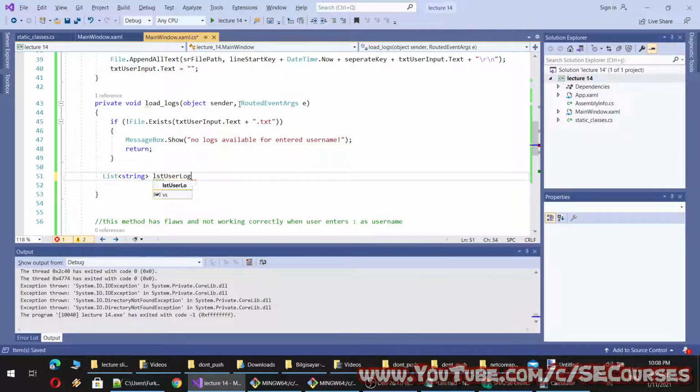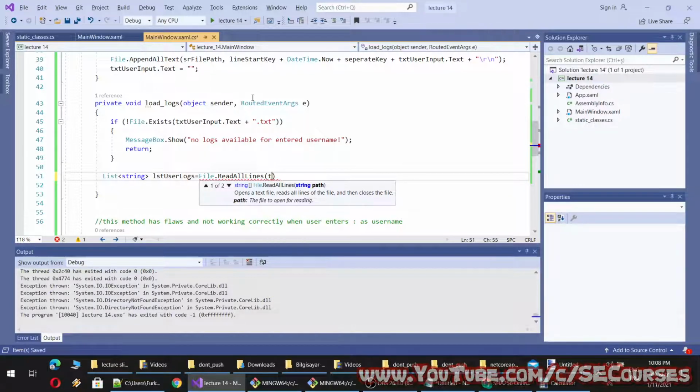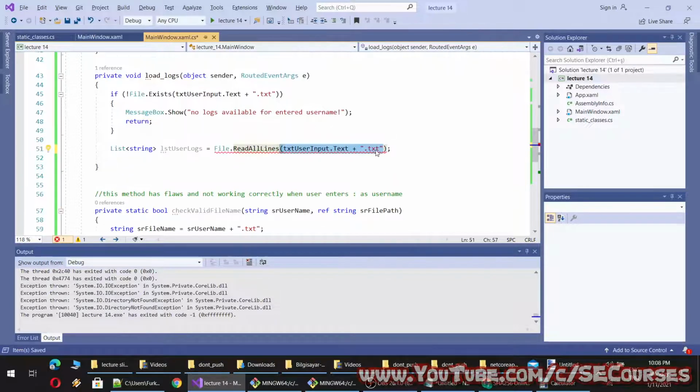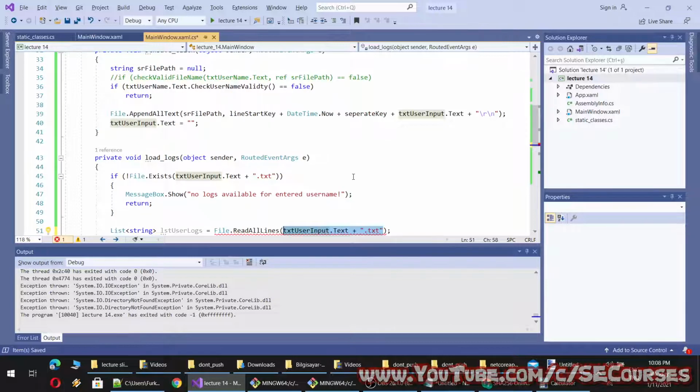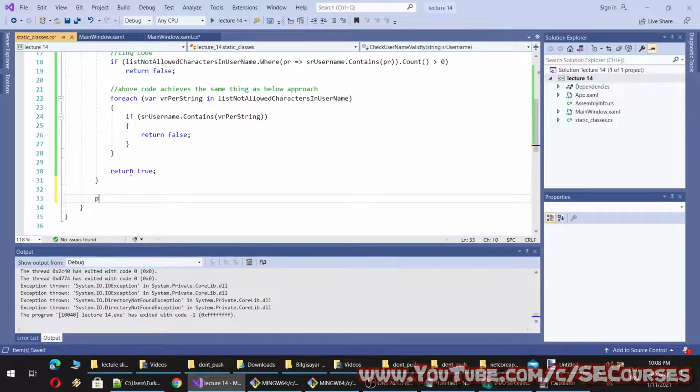User logs will be equal to File.ReadAllLines. This will read the entire file into RAM, and you have to have available memory. Okay, you see we are duplicating this everywhere. This is not a good approach, and to fix this I am going to write another extension method.